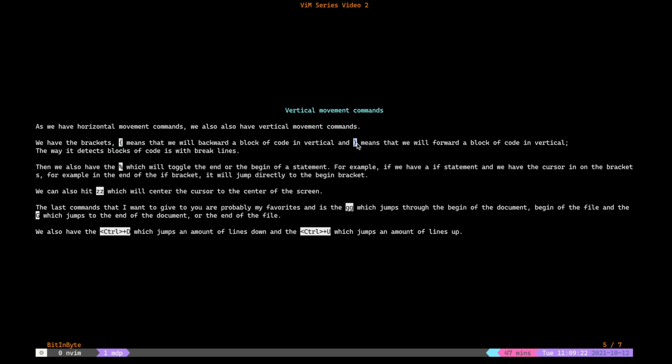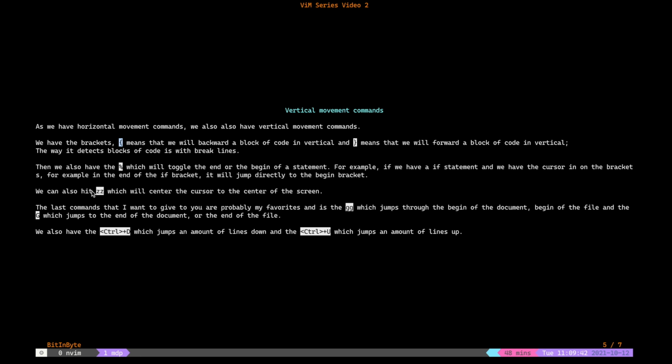If you execute it again, it will go directly to this bracket. That's how it works. It finds the connection between brackets, or between curly brackets, between round brackets, between a lot of stuff, and it detects where it should go.